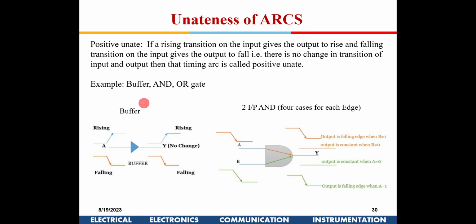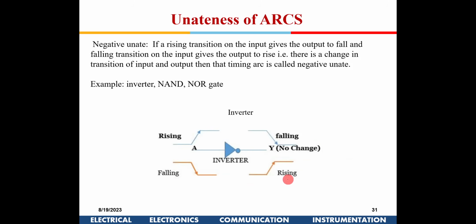Unateness of arc. A positive unate arc means that if the input is rising, the output is also rising, then we call it positive unate, like for an AND gate, for example, right? If it is falling, it will fall. If it is rising, it will rise. Negative unate means if the input is rising and the output is falling, then we call it negative. It can happen for inverter, NAND, and NOR,